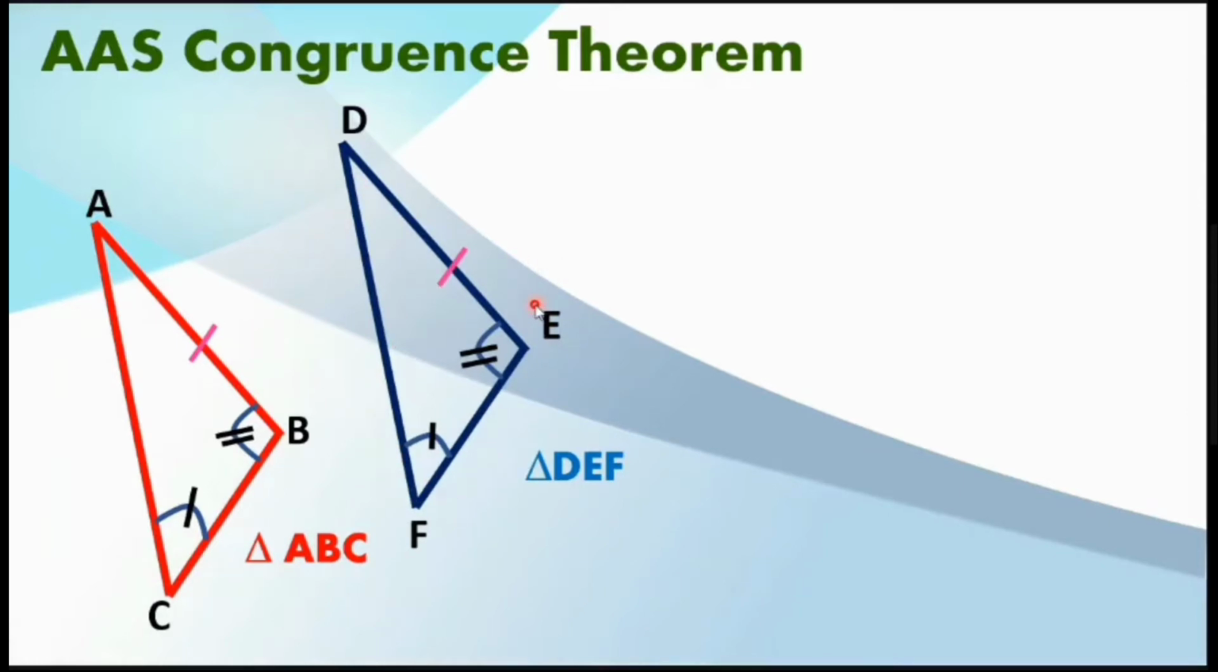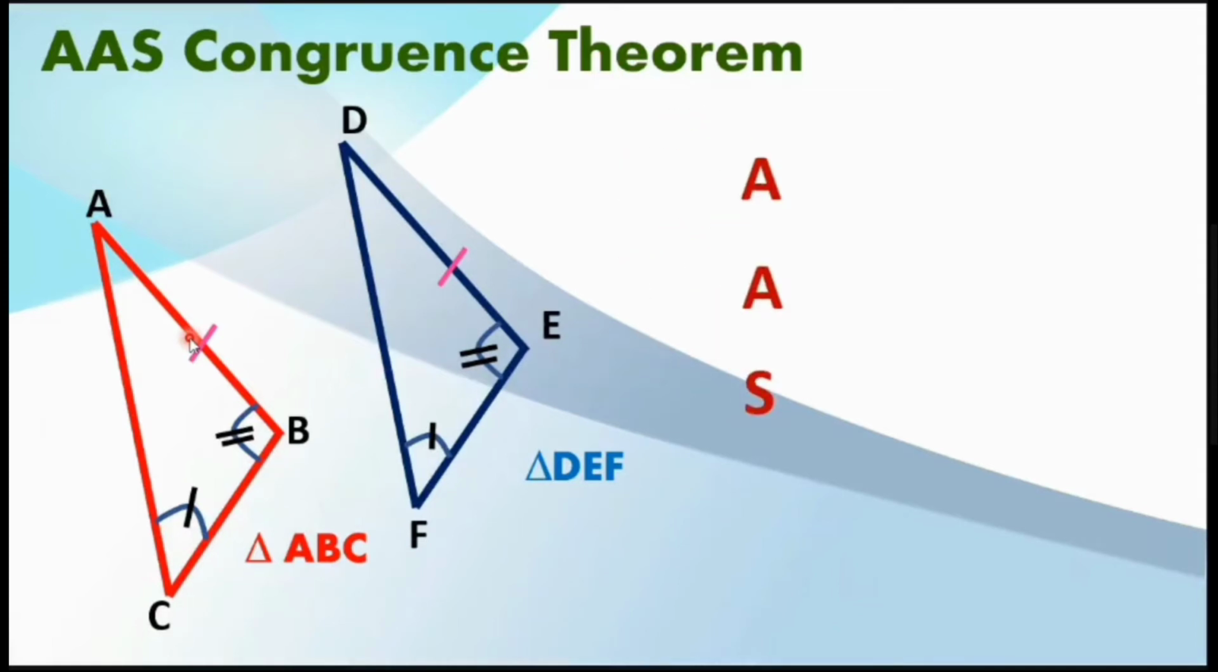Okay, so as we can see, we have here angle C and angle F are corresponding angles. Angle B corresponds to angle E, while side AB corresponds to side DE. So therefore, we can say that these two triangles here are congruent based on angle, angle, side congruence theorem. Okay, so let's give the three statements that would prove that the two triangles are congruent based on